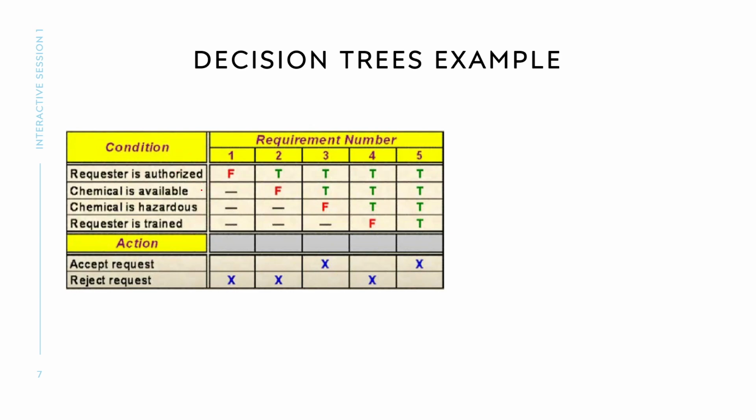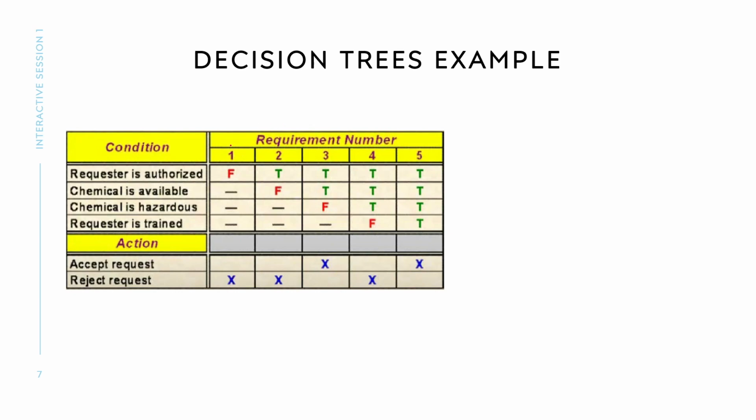So there is a chemical plant, and someone wants to use a chemical in this plant, and the system has to see whether to accept this request or reject this request, right? So there are four levels of checks. The first check is if the requester is authorized. If this is false,